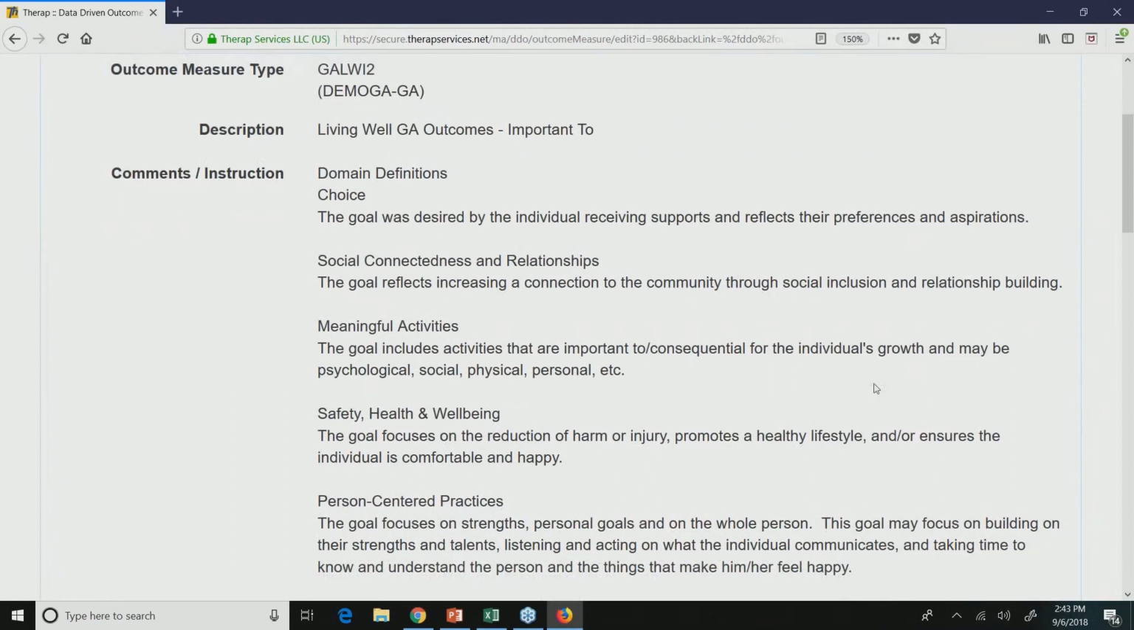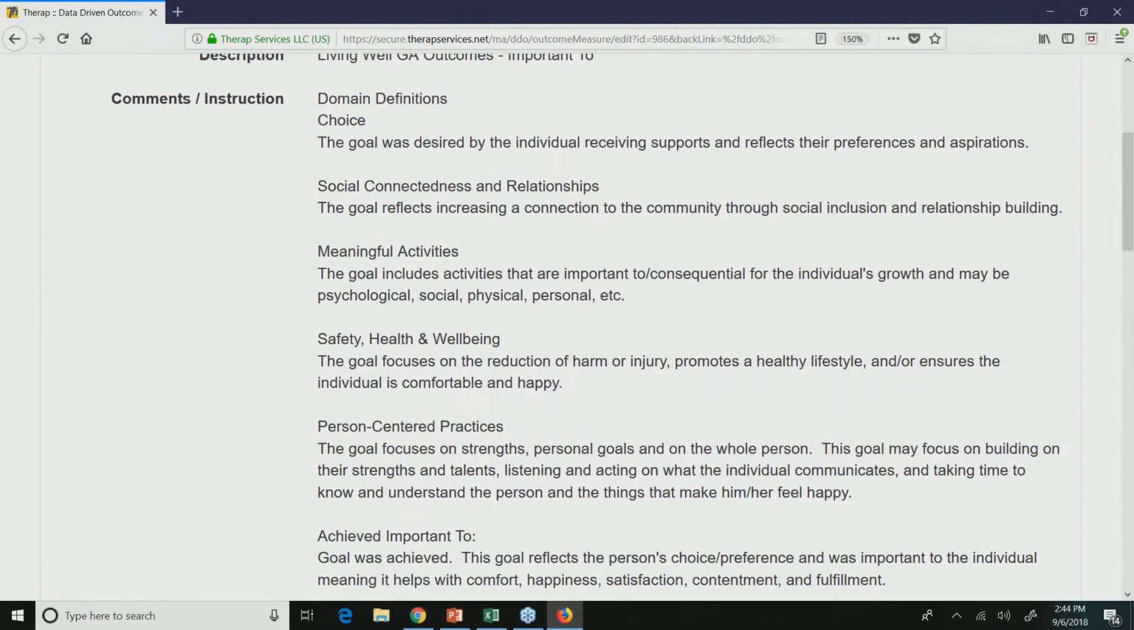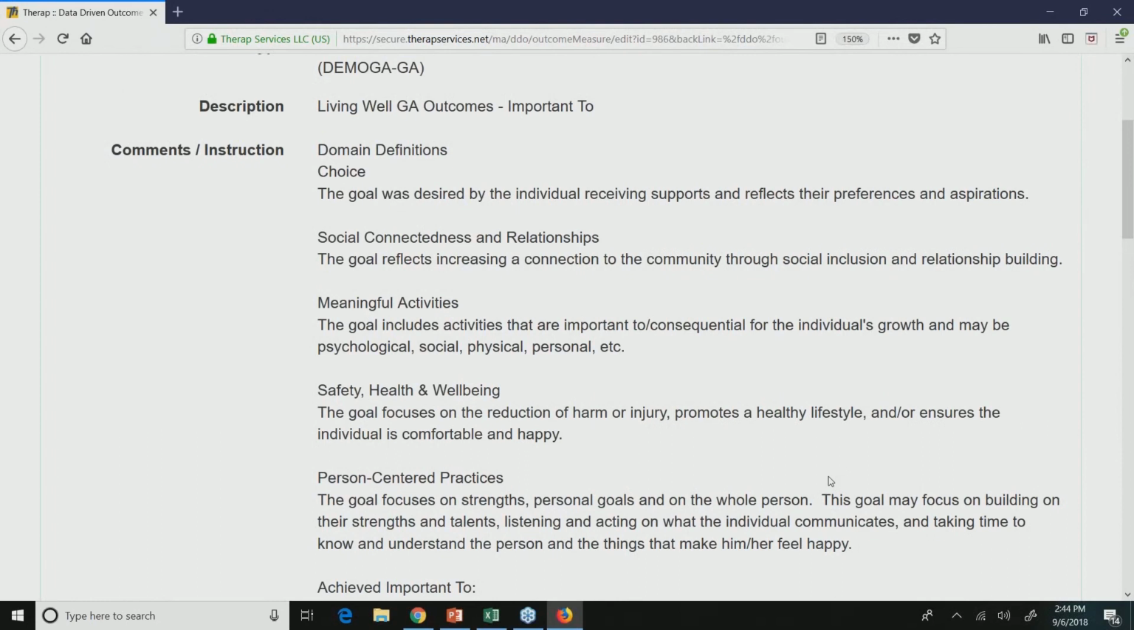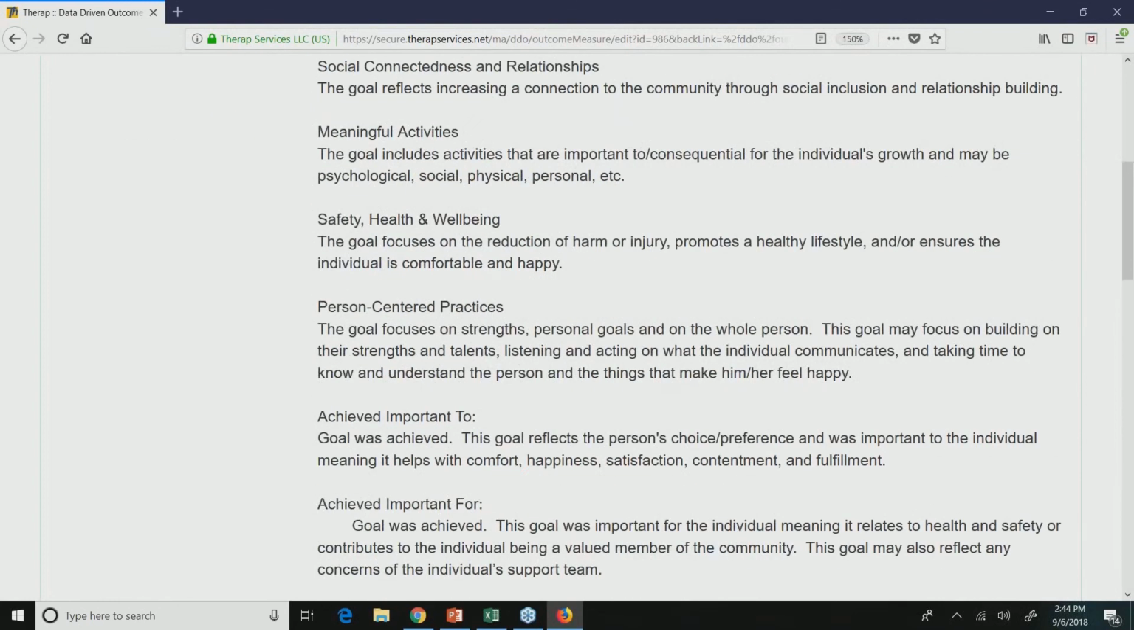The categories were choice, social connectedness and relationships, meaningful activities, safety, health and well-being, and person-centered practices. They did a really great job of saying what it is we're looking for when we're asking for this data to be mapped, so that people would be very clear on what data they should connect. And they broke this up into 2 different outcome measure types, one specifically for important to and important for,